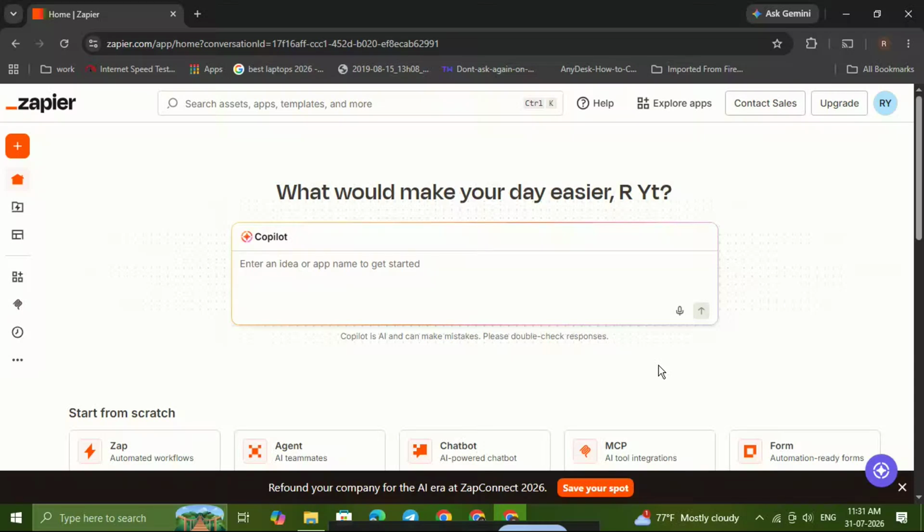In this video, I'm going to show you how to integrate Zapier with Google Sheets step by step so you can automate your workflow and connect your apps without needing any coding experience. This is perfect if you want to save time, reduce manual work, and build simple automations that run in the